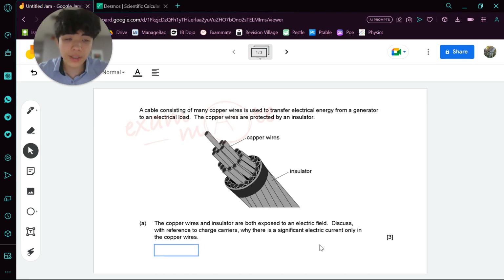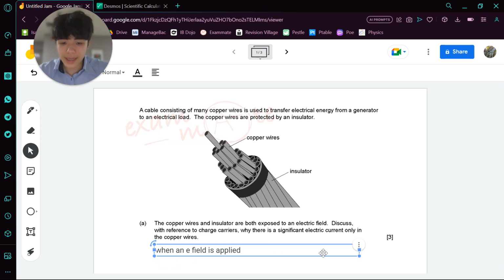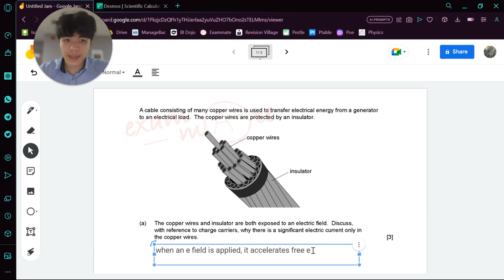So this is a 3-mark question. In order to answer this, you would have to say that when an electric field is applied, it accelerates free electrons, and you have to say that electrons are charge carriers,